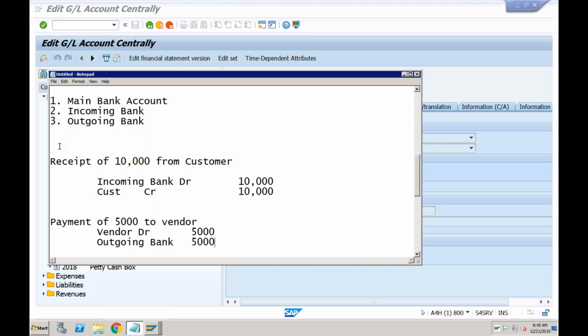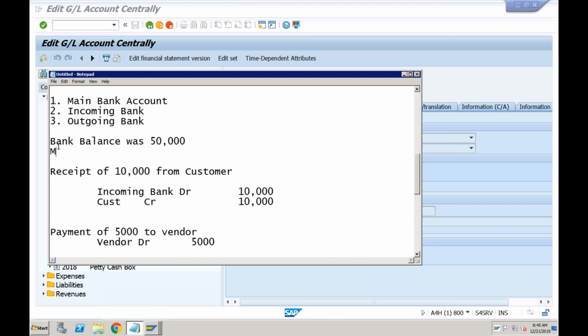Before you did this transaction, the bank balance was 50,000, and this balance is already available in main bank account. So main bank account GL was having the balance of 50,000.